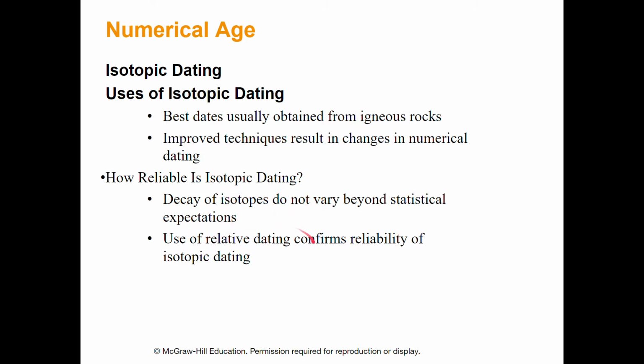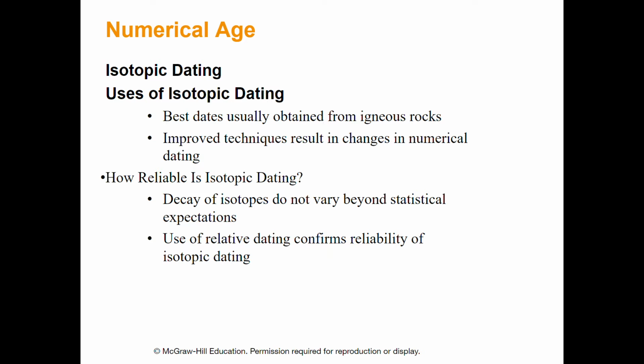We can also compare it to relative dating. So I can find a layer of rock on one side of the Grand Canyon, that kind of thicker white rock at the top. I can date it on the north side of the Grand Canyon. I can date it on the south side of the Grand Canyon. And amazingly, I get the same date. And it doesn't change through time.